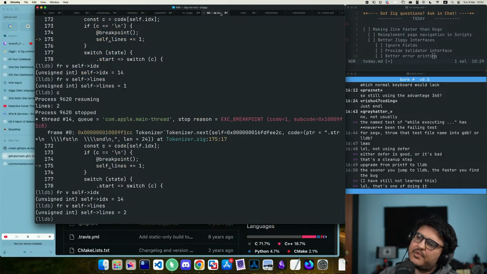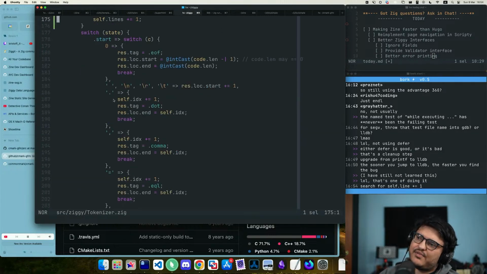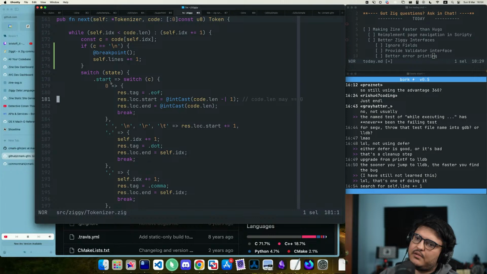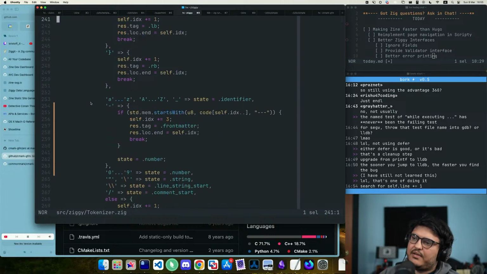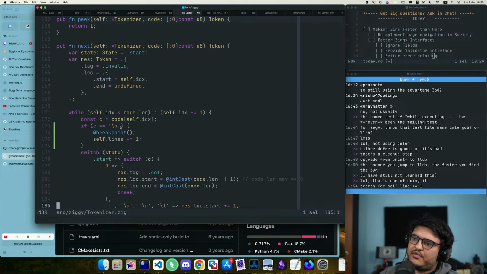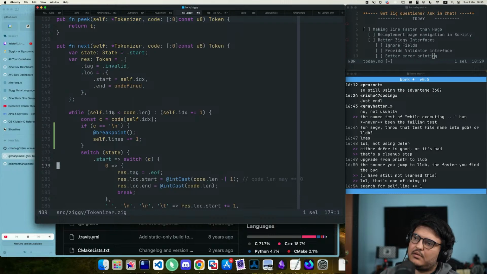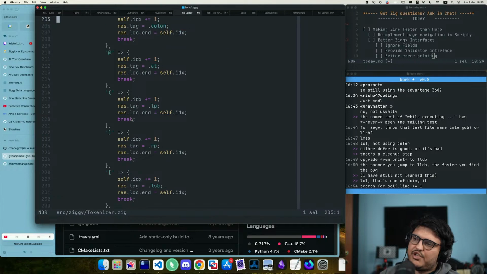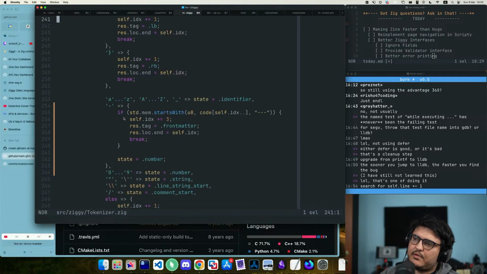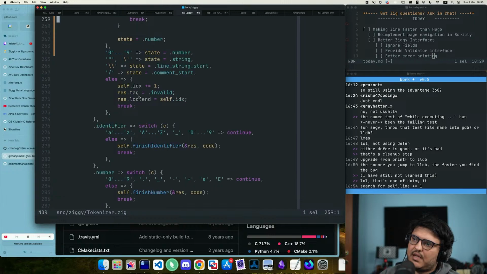Why are we back here? Because it's a multi-line string case. Search for self.lines plus one. No, this is the only self.lines plus one. There's nowhere else. The problem is that we saw a new line and then we found a string continuation basically because we changed state. So we changed state where